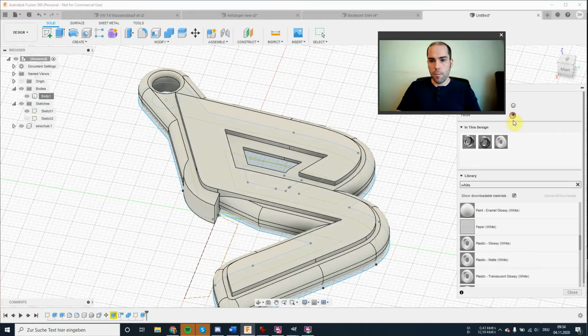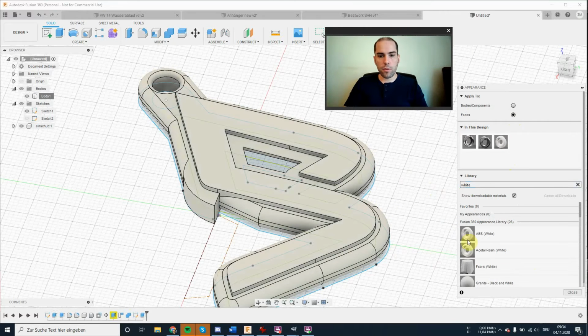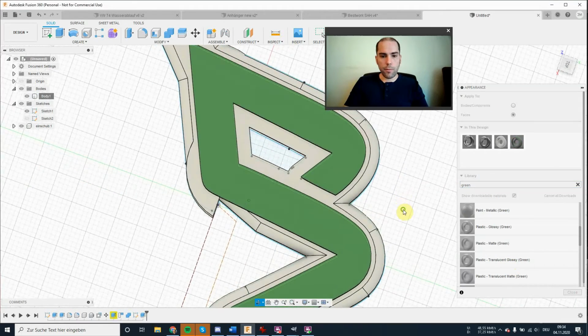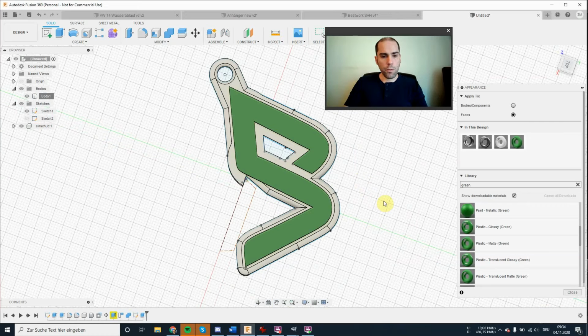Make this white and then select faces so that the green will only select the top surface here. And now we already have the final keyring that we're going to print.